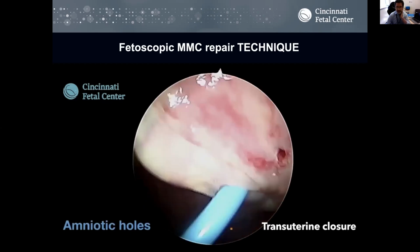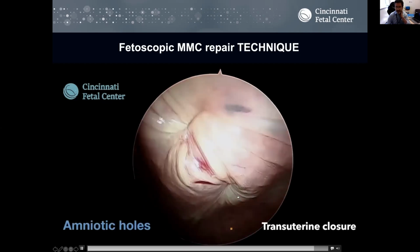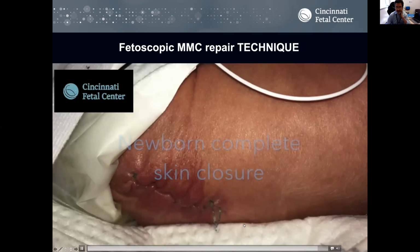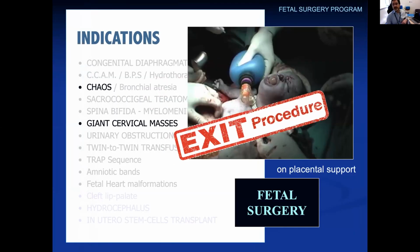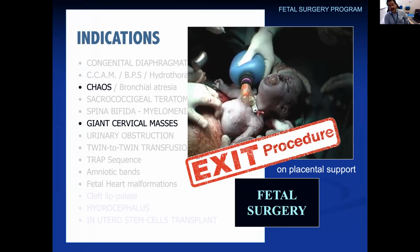As I said before, we can close the holes with this control and the skin closure. All right, so that's for spina bifida, and this is what we are doing now. There are other procedures that are not open fetal surgery, and basically it is the EXIT procedure that we do at